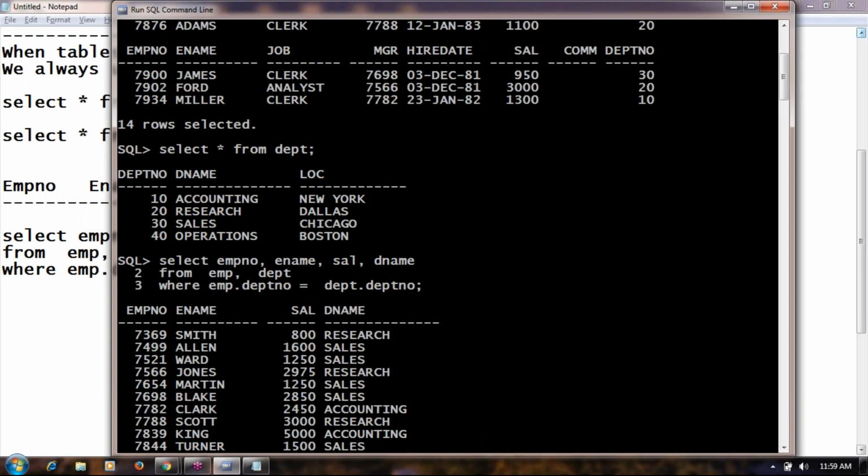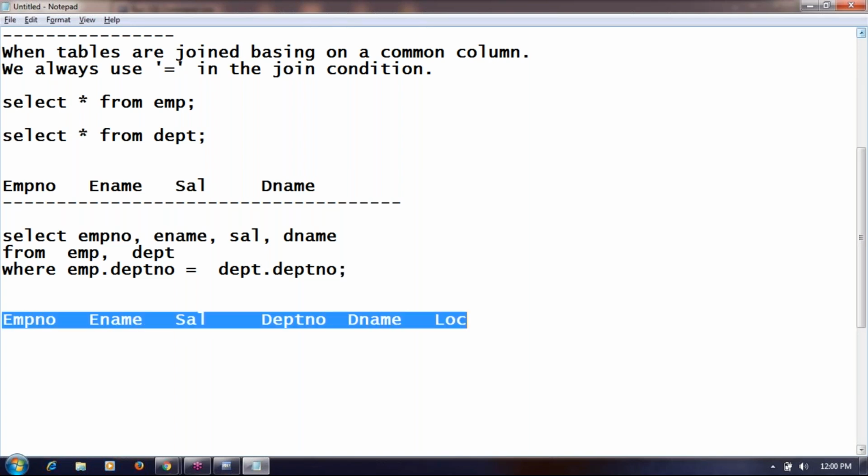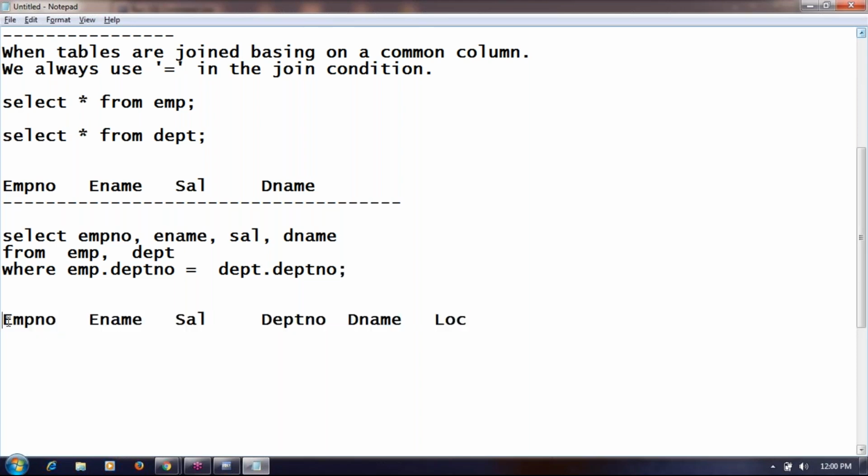Look at this output. I want employee number, employee name, salary, department number, department name, location. How many columns do I want in the output? 1, 2, 3, 4, 5, 6 columns I want in the output.